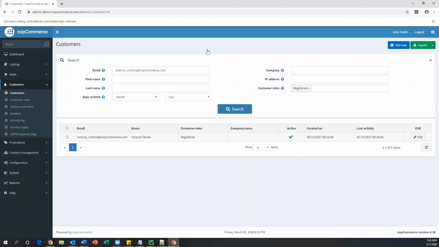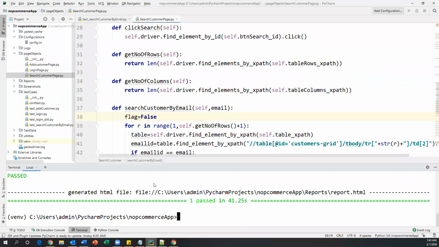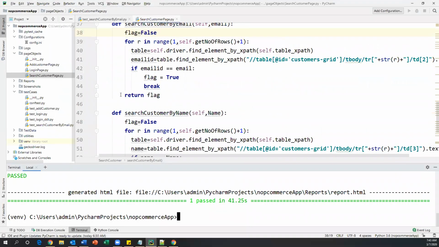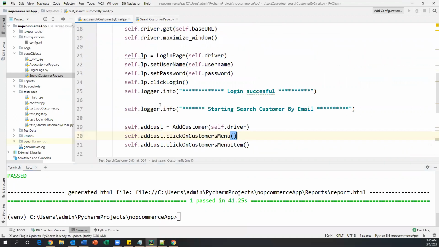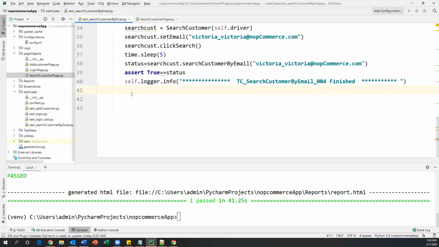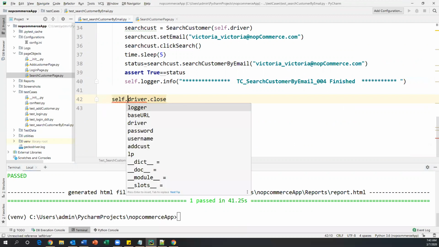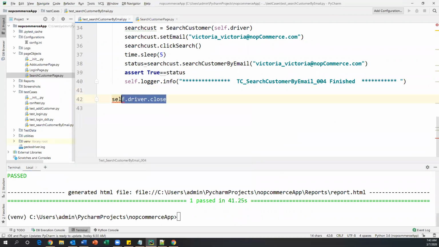Now we got the data in the table. It's not closed because I think I forgot to put the close command. So after completion of the test case, just close your driver. Driver.close, then it will close your page. Self.driver.close, inside this method itself.